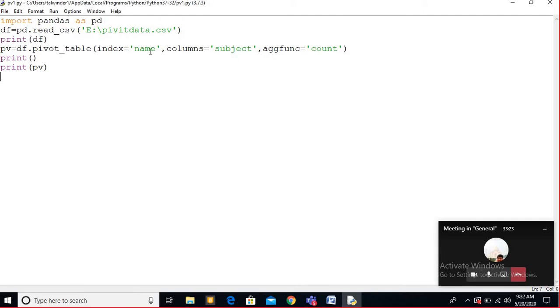Suppose the index is written and the dash is left like this, and asks what will be the argument here, then in the aggregate function, let us say they want the average, how can they use it that way. Or a table is given to you and it simply asks you to create the pivot table, and the name will be the key they want to use as an index, let it be the column this, and the argument function will be this.